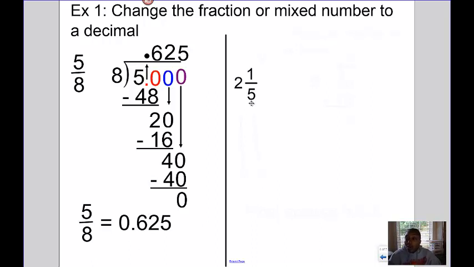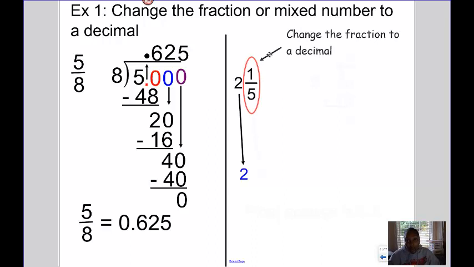A mixed number is made up of a whole number and a fraction. Well, when you have these mixed numbers, you have to kind of separate them. The whole number is going to remain a whole number, and it's going to be the number in front of your decimal. So this 2 is going to stay a 2. It's just going to be in front of the decimal. The 1/5 I do need to change to a decimal, just like I changed the 5/8 by dividing the numerator by the denominator. So 5 is going to go outside, 1 is going to go inside. Again, I can't divide 5 into 1, so I'm going to add that decimal and 0 under the house. Bring my decimal up,